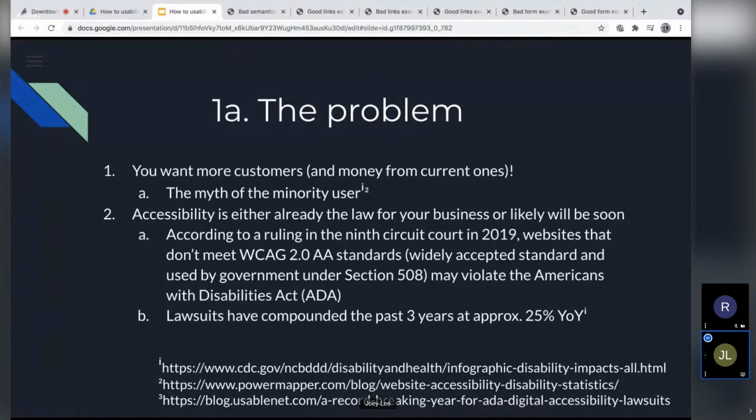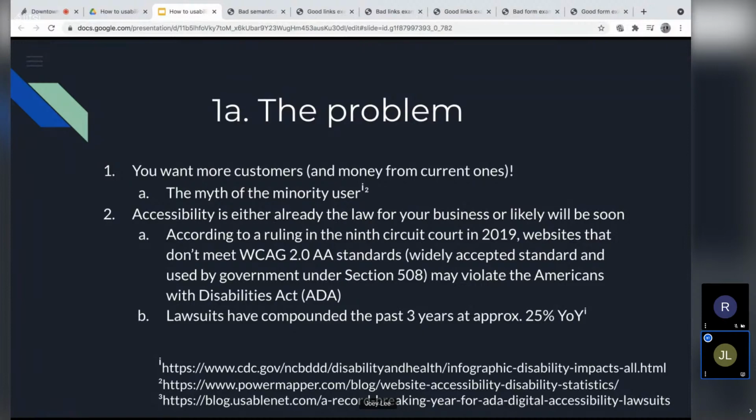According to the CDC, these are the latest figures: 61 million adults in the US live with a disability. One of the more common forms of disability is reading impairments. It's said that up to 10% of people in the US, or to give you an idea of what that equates to, basically the entire population of Canada, have